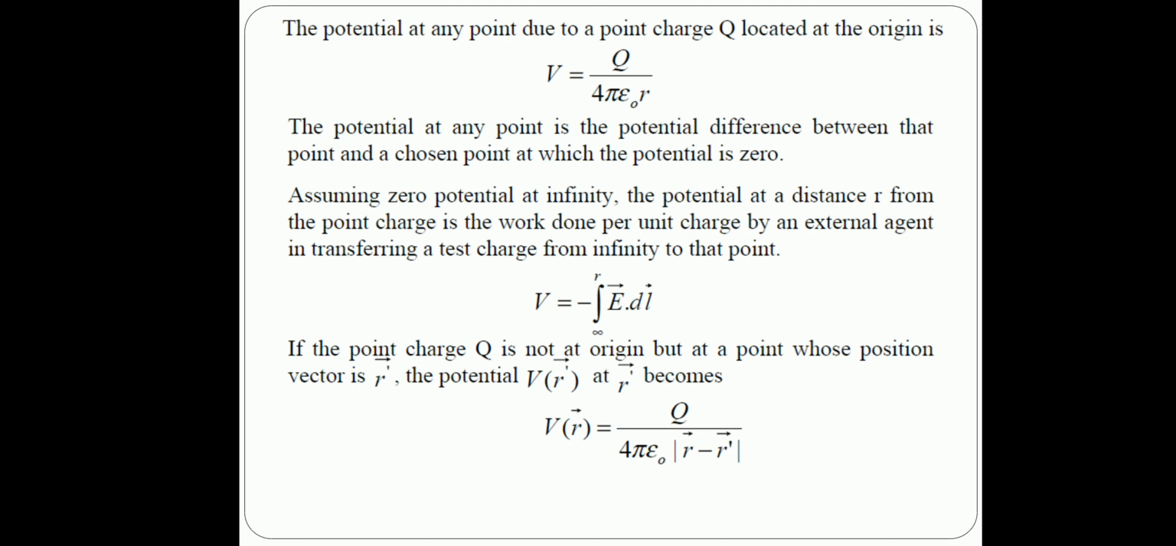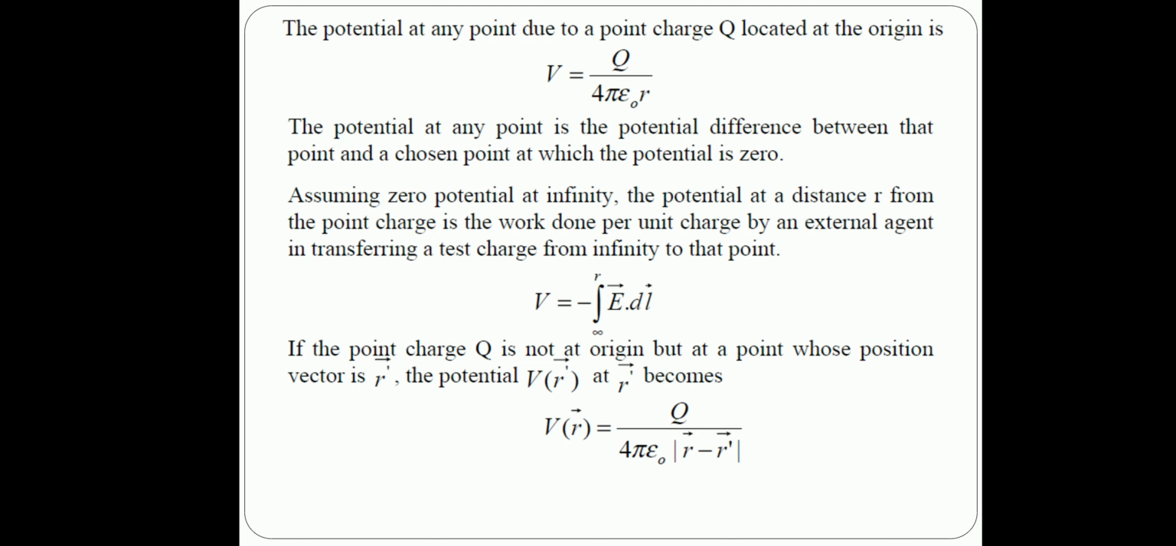We can say that the potential at any point is the potential difference between that point and a chosen point at which the potential is 0. So assuming zero potential at infinity, the potential at a distance r from the point charge is the work done per unit charge by an external agent in transferring a test charge from infinity to that point. Basically, the potential is defined as the work done to bring a unit positive charge from infinity to a point. So we can represent it as V is equal to minus the integral from infinity to the point of E